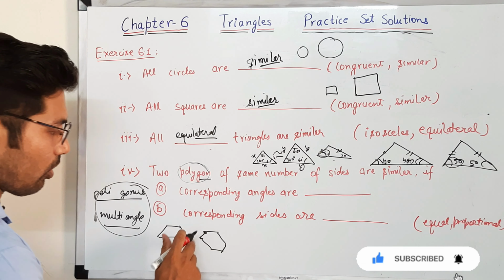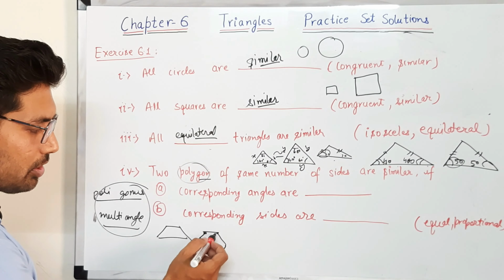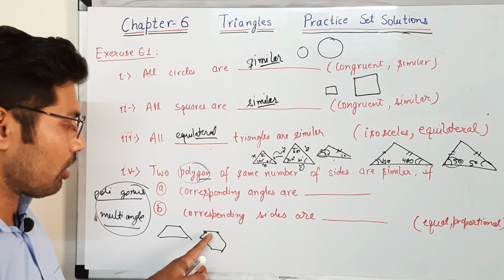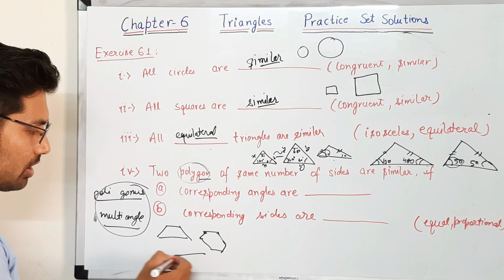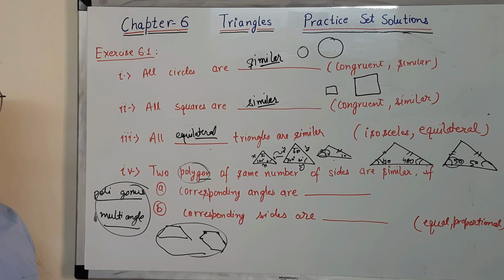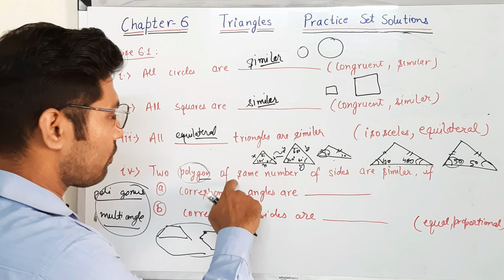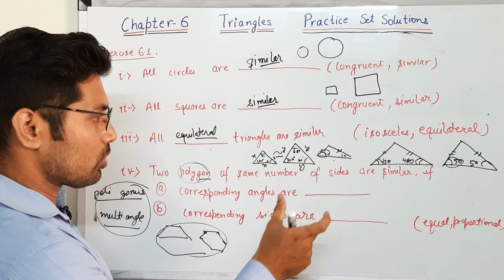Okay, and at the end of these sides we join another line. We are not intersecting the lines. At the end we are joining the other line. These are all the polygons which have a closed figure in the plane. Polygons with the same number of sides are similar.